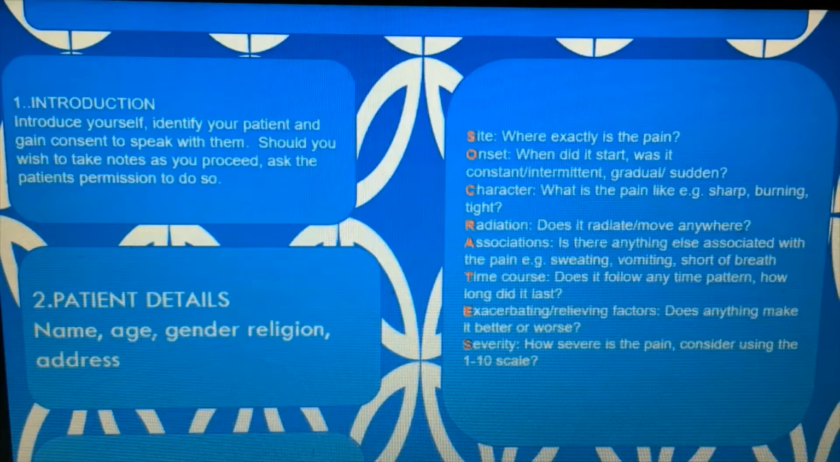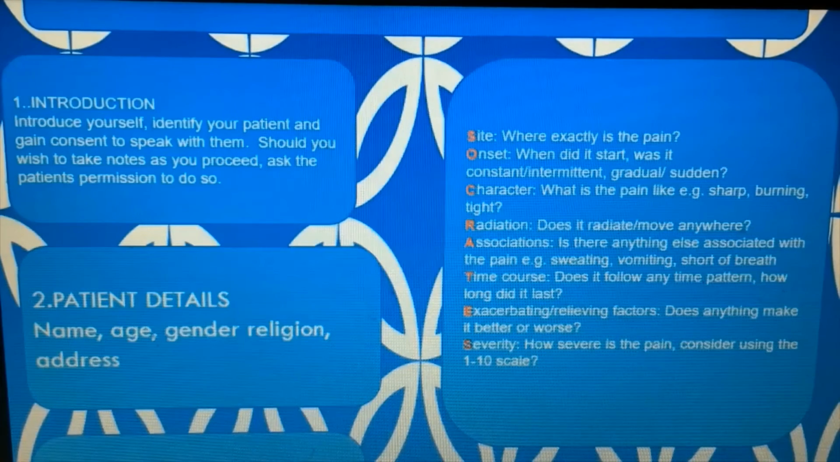Is the pain gradual or sudden? Then ask them about the character. What is the pain like? Is the pain sharp, burning, or tight? Then number 4, you have to ask them about the radiation. Does the pain radiate or move anywhere, or is the pain localized? Then number 5, ask if there is anything else associated with the pain, for example, sweating, vomiting, or shortness of